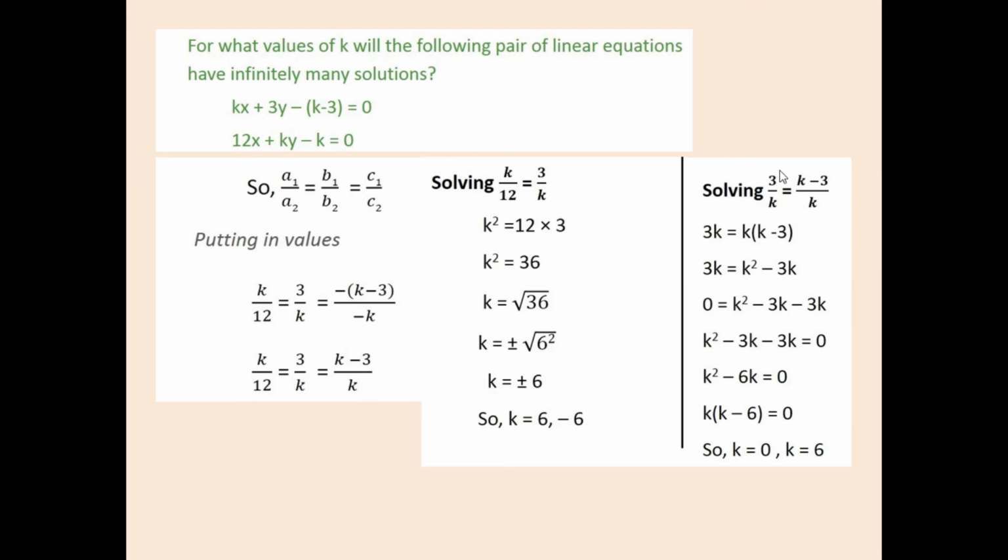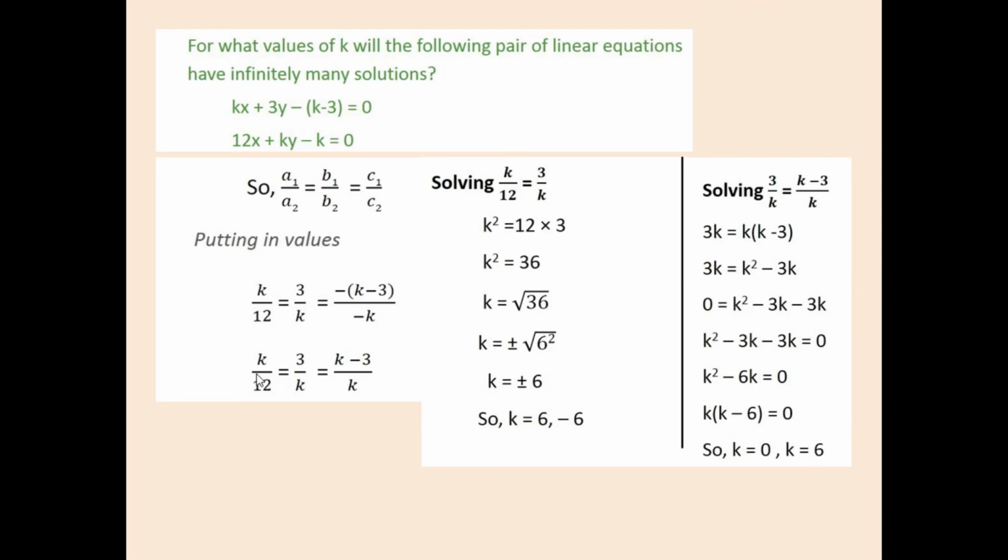So I take case 2. Over here, I take k up there, it becomes 3k. k up there becomes k square minus 3k. Taking 3k that side becomes k square minus 6k equal to 0. Taking k common out, I get two factors. Now, these are two factors, hence a quadratic equation should give me two roots. The first factor is a monomial, so gives me the root as 0. The second factor is a binomial, gives me the root as 6.